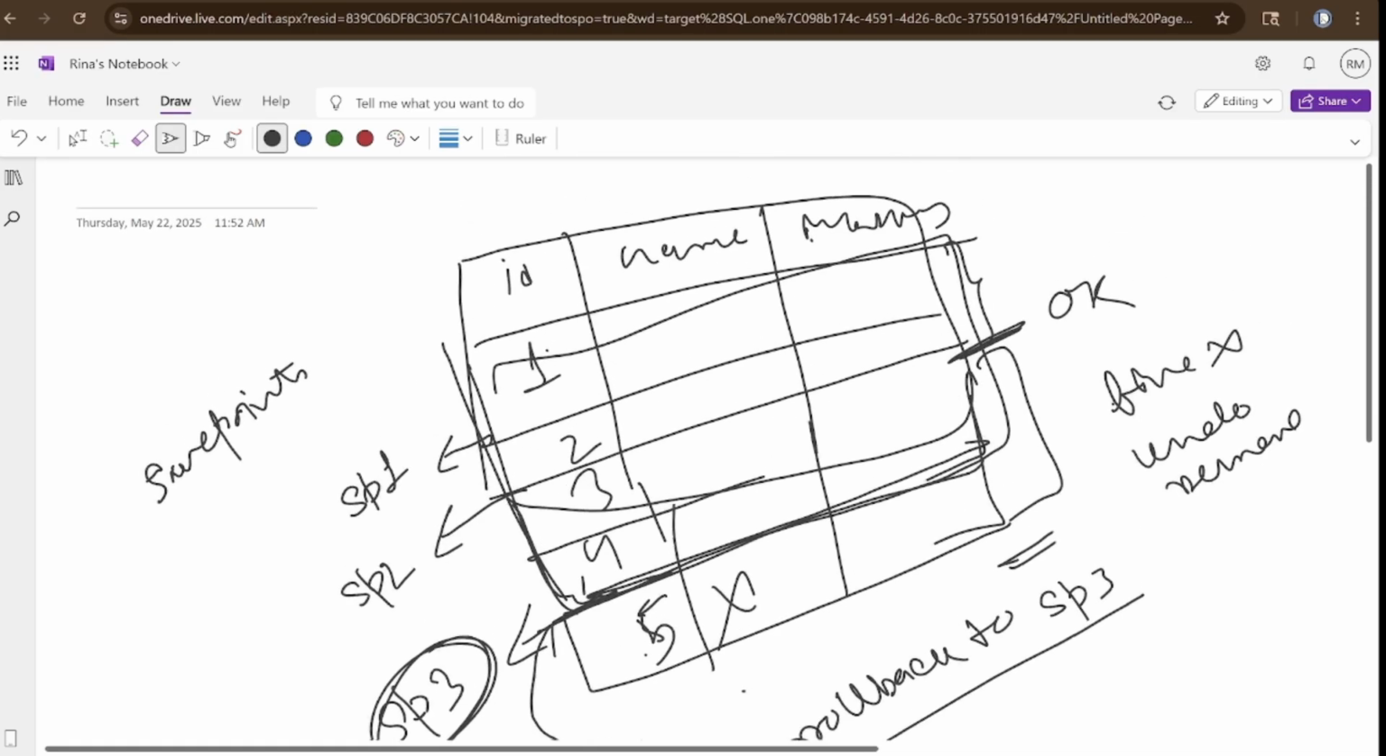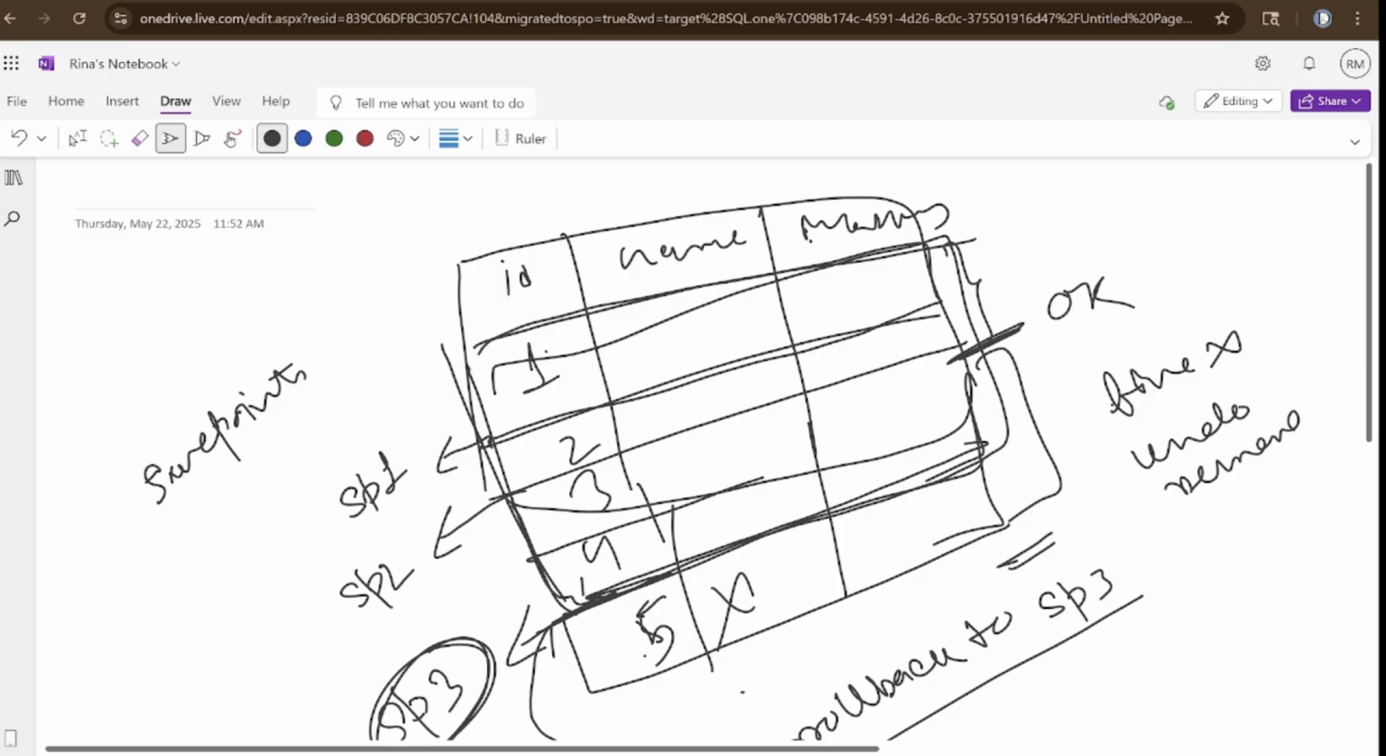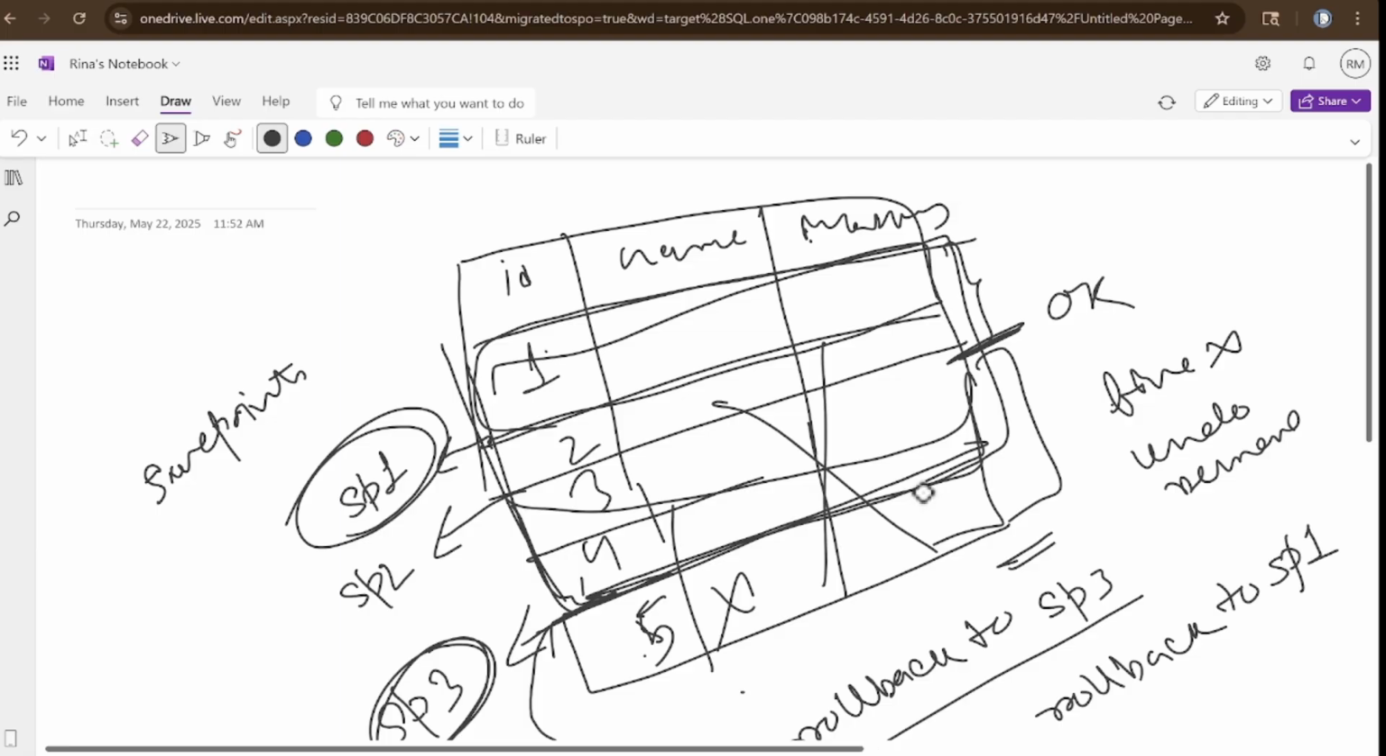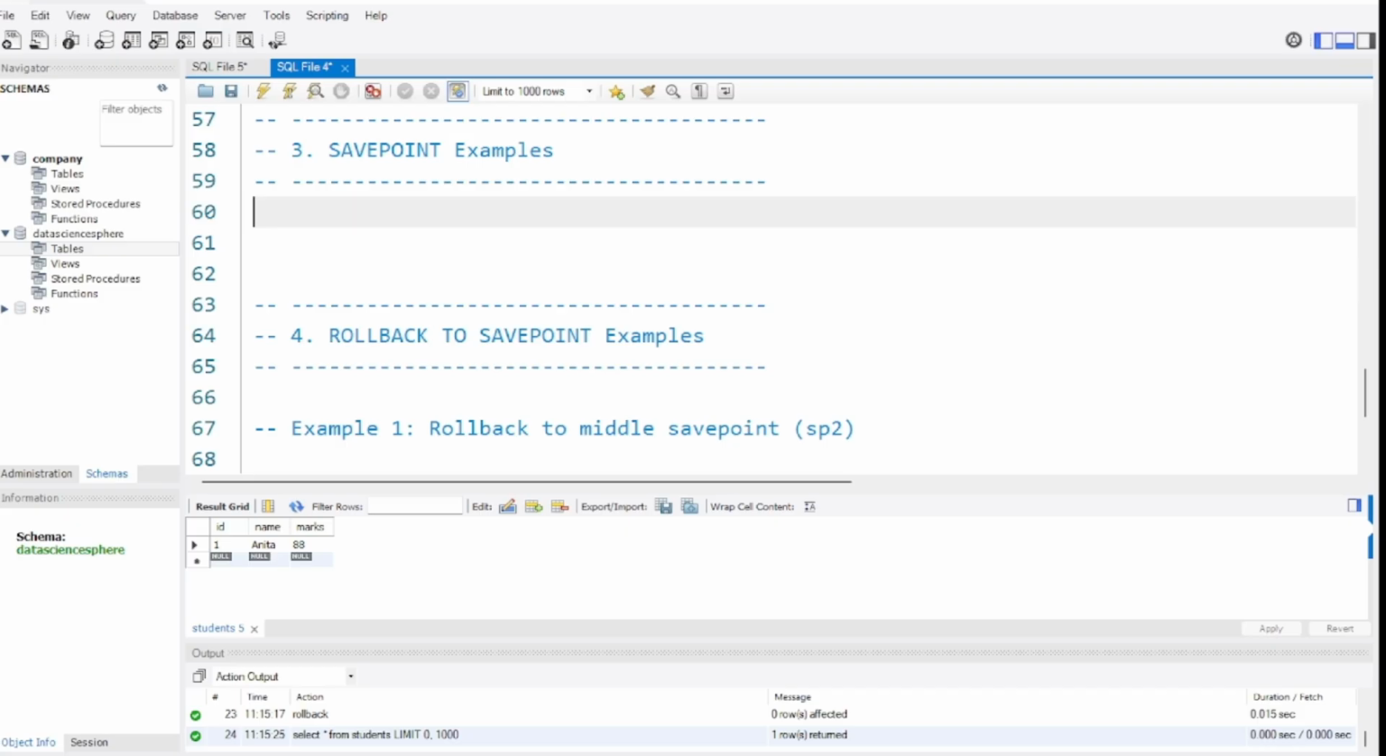Now if I say that the first transaction is okay, please undo all other transactions. So what do you have to do? You have to go back to this particular save point. So you have to write rollback to SP1. You understand? Now let's do this here. How to do that? So I will write begin